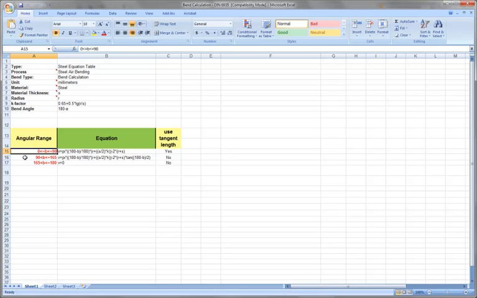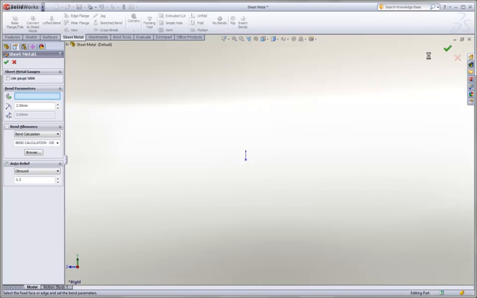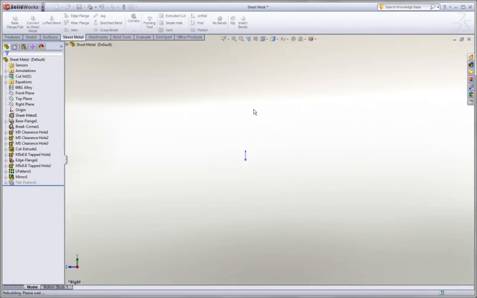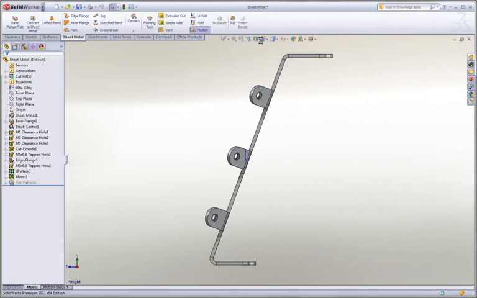So in this case, you can see that we support unique calculations from 0 to 90 degrees, 90 degrees to 165 degrees, and 165 to 180 degrees. Beyond that, they do resort to a common K-factor. When we go ahead and accept that change, we'll see that our model reappears on the screen. We see the update of the table, and as we flatten it this time,